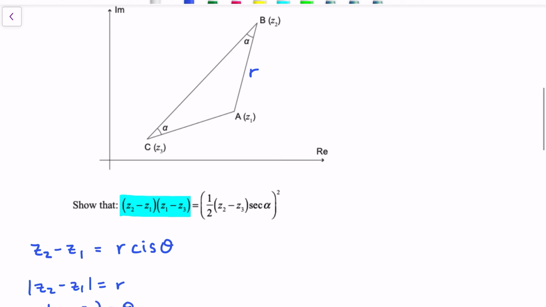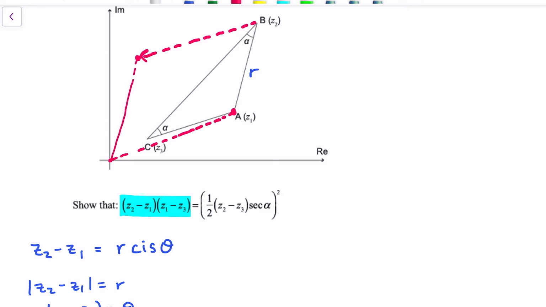And where does that appear on the diagram? What you need to know from that is if you take a complex number z2 and you take away z1 from it, well, z1 is here. Complex numbers are always relative to the origin. If you take away z1 from z2, we end up here,